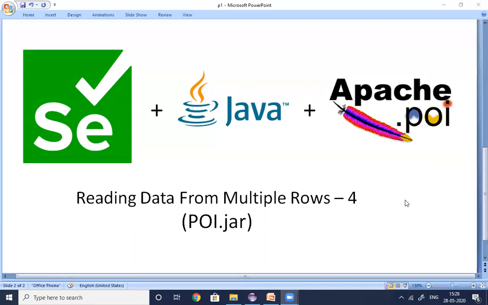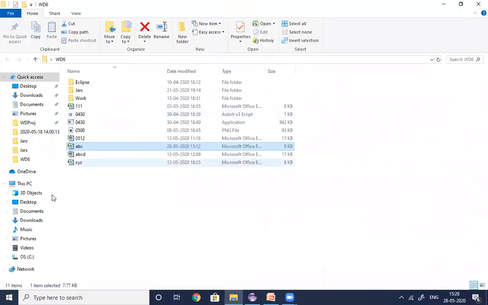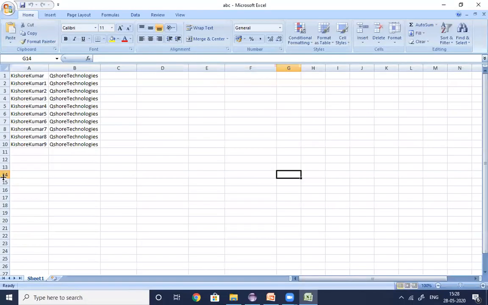So before reading the data from multiple rows, first we need to create one Excel file with some multiple rows of the data. So let me show you one Excel file. See here, we have an Excel called ABC. Let's open the Excel file. In this Excel file, sheet 1, we have 10 rows of the data. Now I would like to write the code to read all these 10 rows of the data into my test